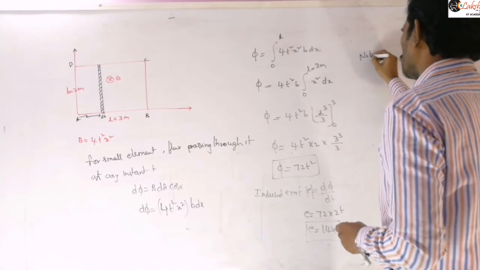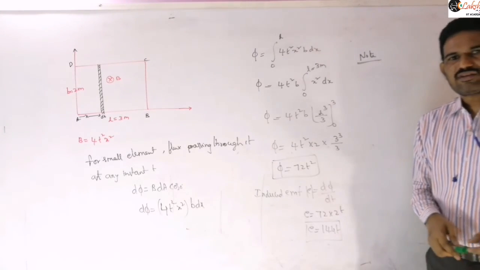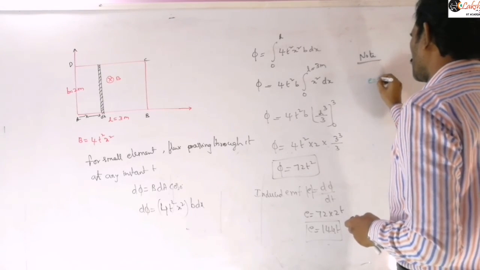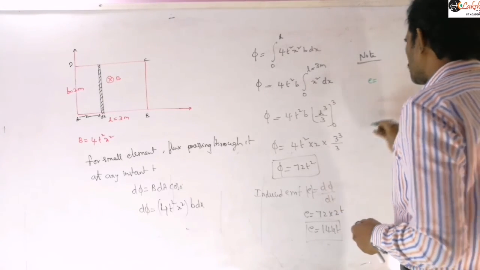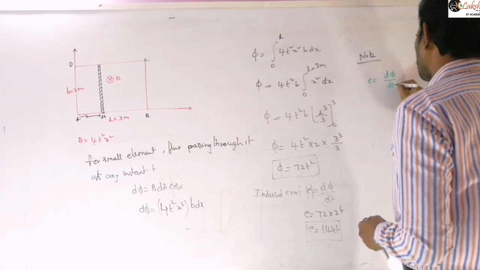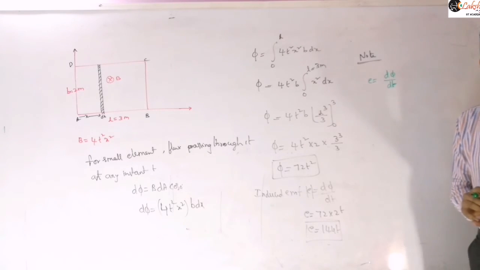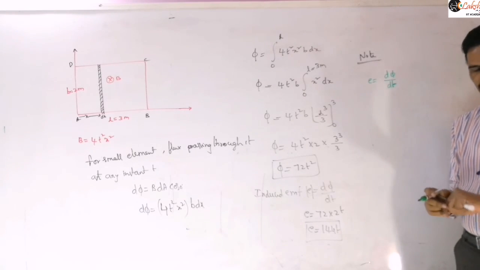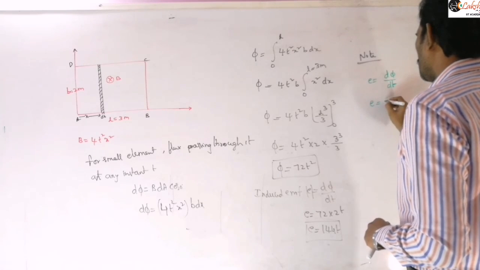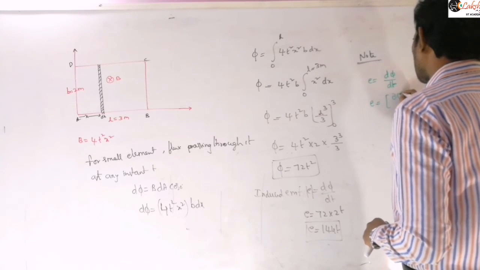So just write that as a note: when the magnetic field varies with both time and space, and a loop is moving through such a magnetic field, then induced EMF can be obtained as